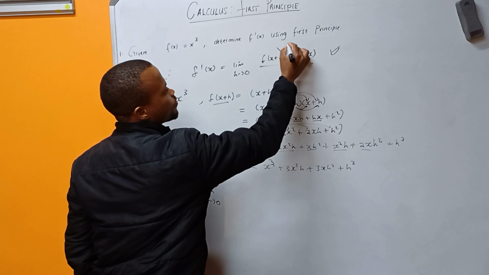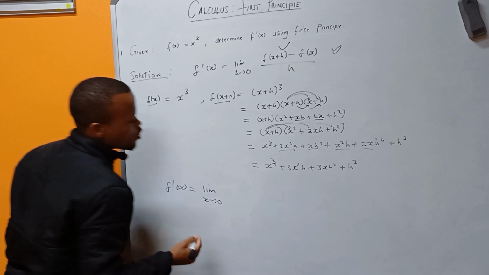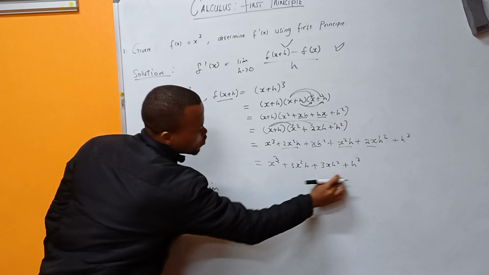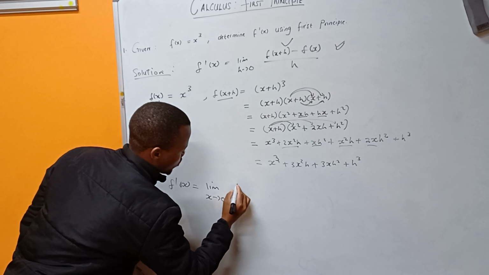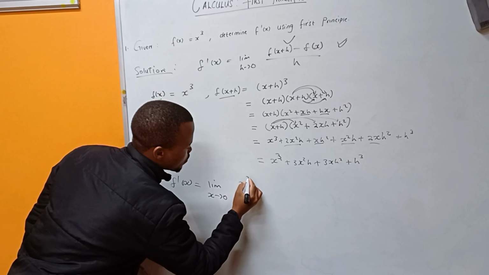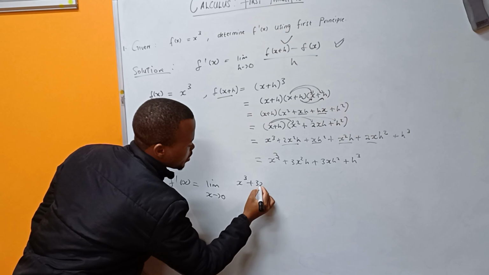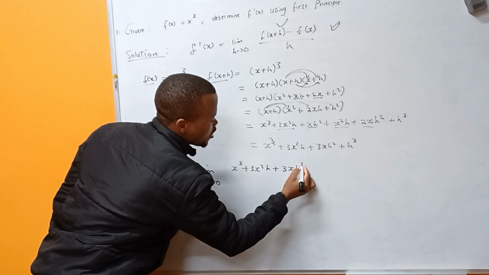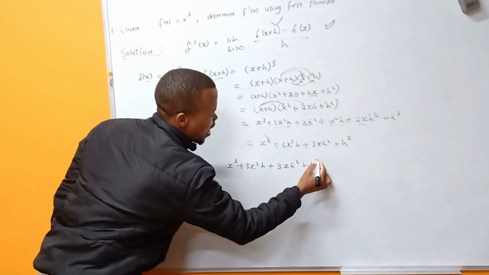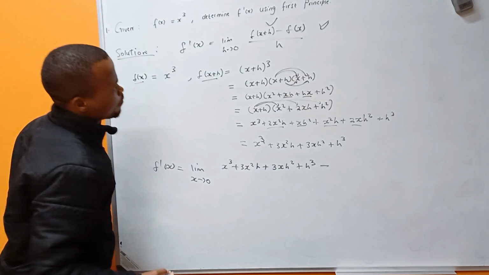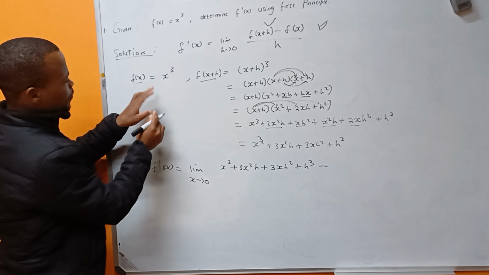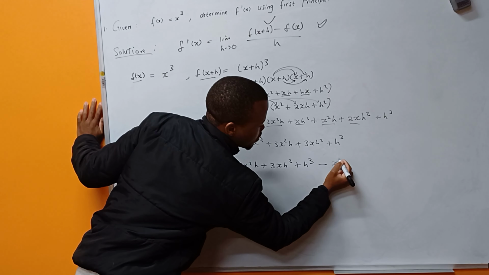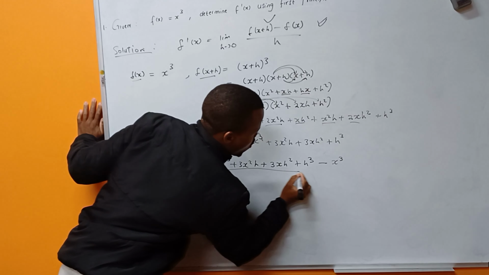Instead of f at x plus h, this is what will replace it, because I know f at x plus h is equivalent to this equation. So it would be x cubed plus 3x squared h plus 3xh squared plus h cubed minus, if you look carefully here, f at x is x cubed, so it's just minus x cube